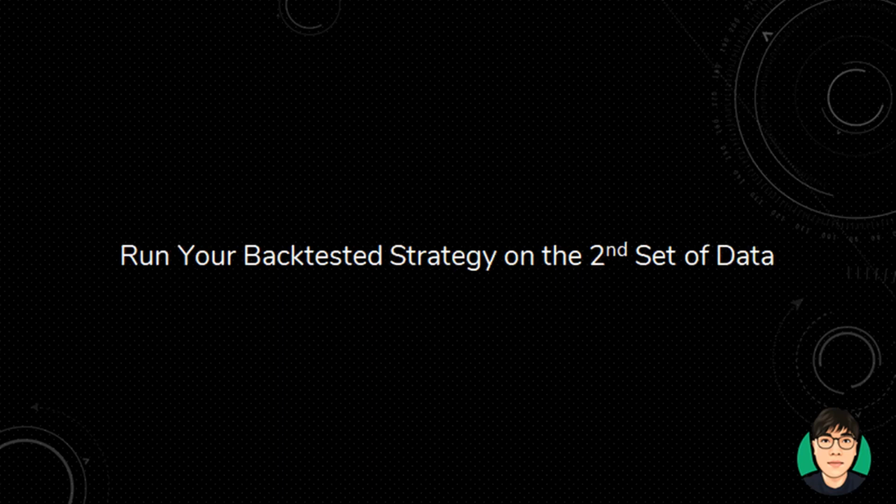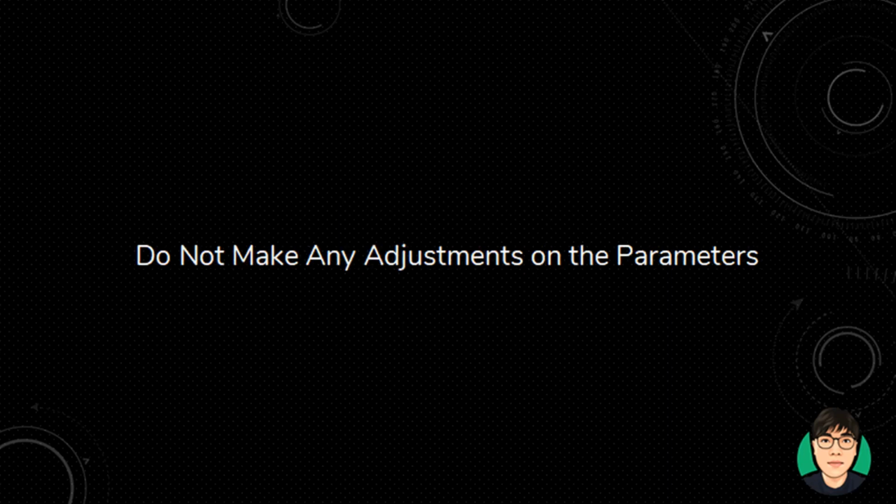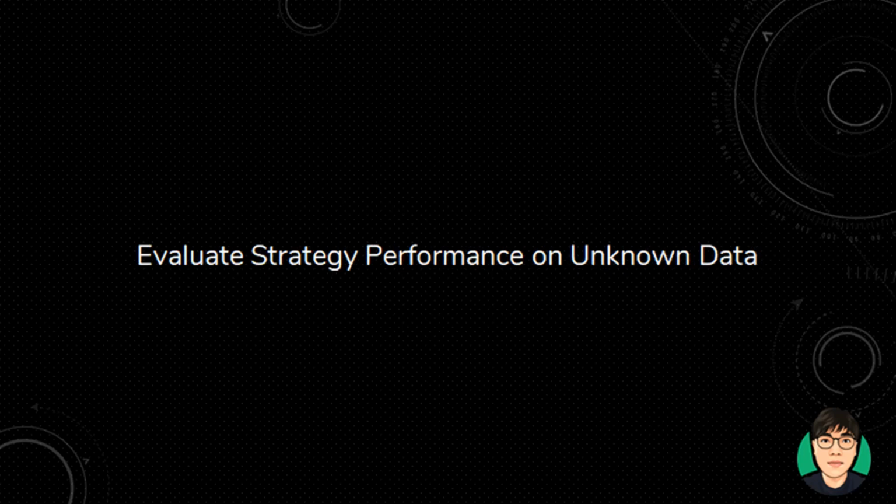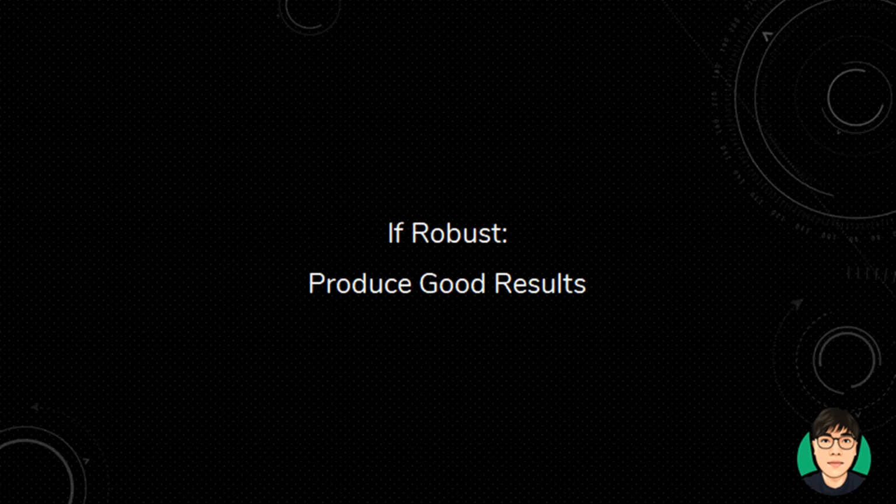To forward test, simply apply your backtested and optimized strategy on the second set of data that you've reserved. But remember not to make any adjustments to the parameters with the forward test dataset. We want to see the trading performance of our system on unknown data first. If it is a robust model, it should produce reasonably good results like when it was applied to the backtest